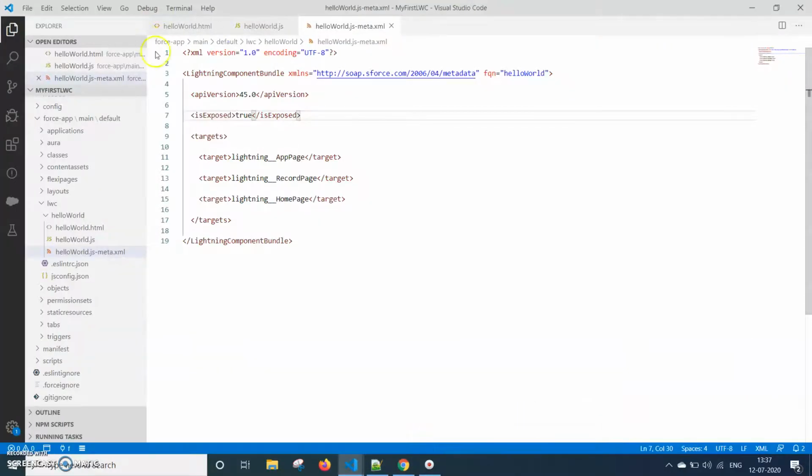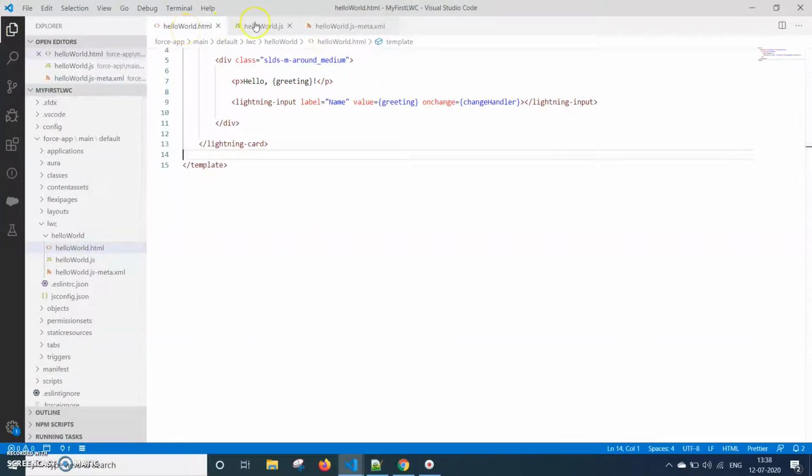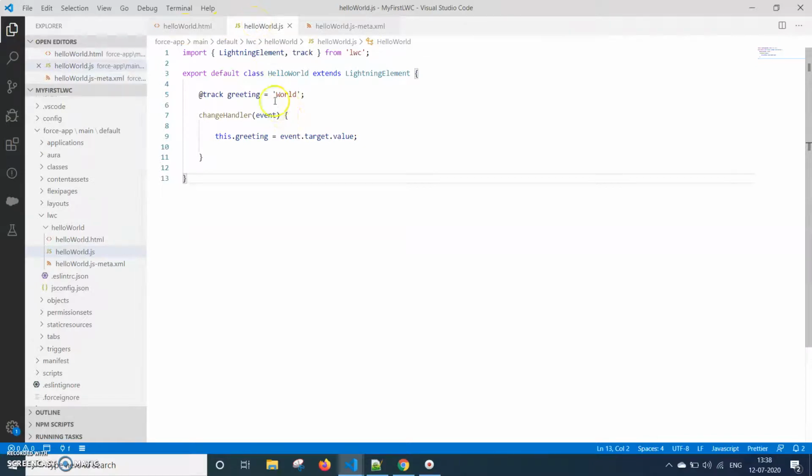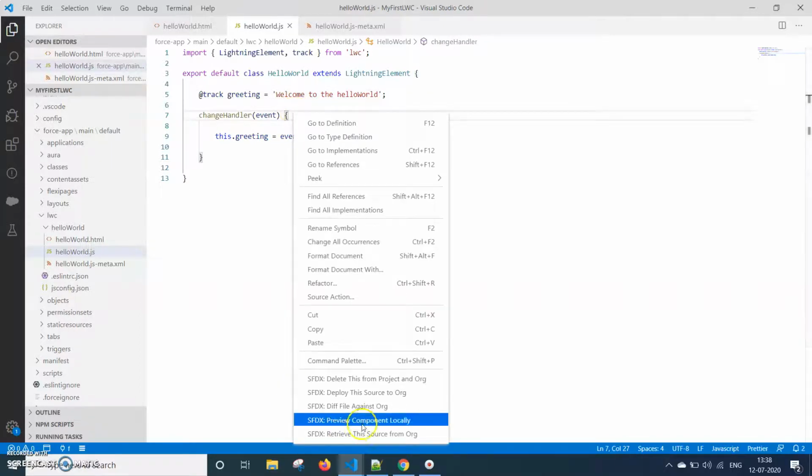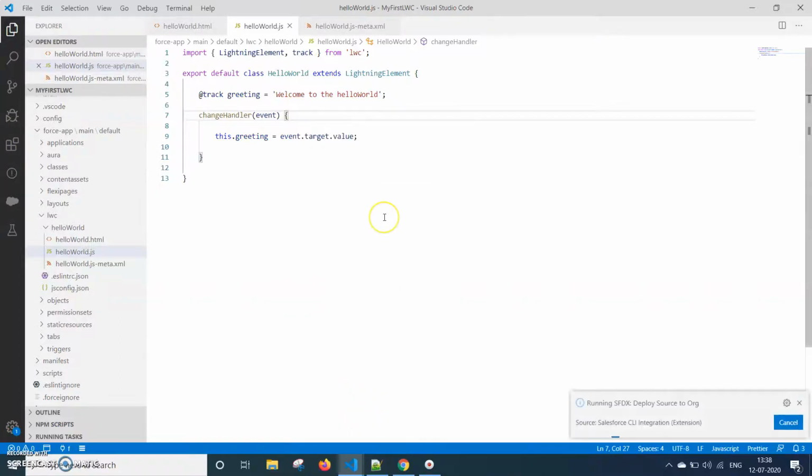Just make a small change in the value: welcome to the Hello World. I'm changing the tracked data and deploying this just to make sure the change is applied.